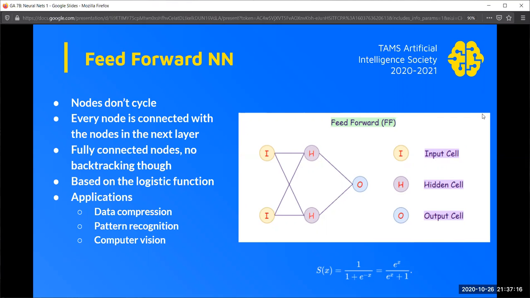So feed forwards are the simplest neural networks, because with neural networks, like Joaquin was talking about earlier, to make them more complex you cycle backwards. With feed forward, it's exactly like the name. It feeds directly forward, and it doesn't backtrack. So with the data compression,